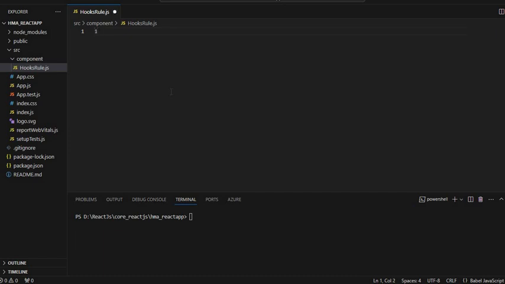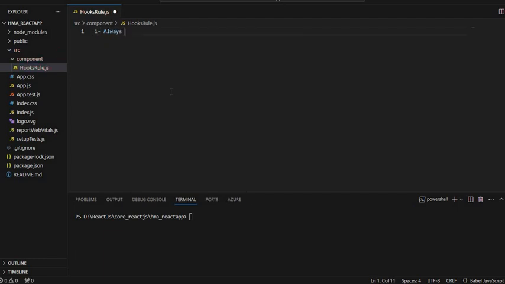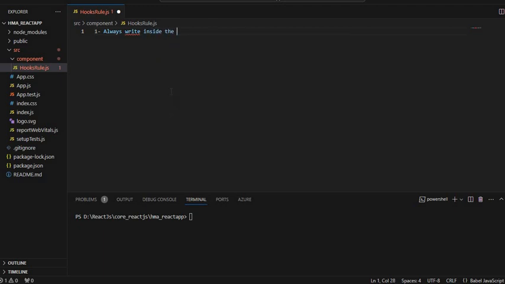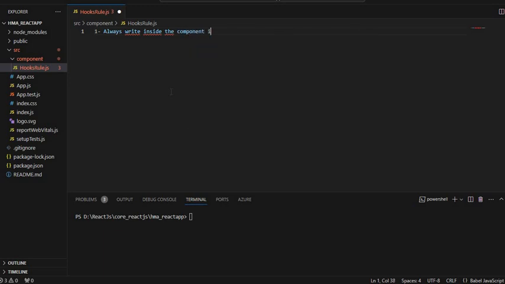So the first rule is: always write hooks inside the component or function. We have to write hooks always inside the component or a function, and the second one is